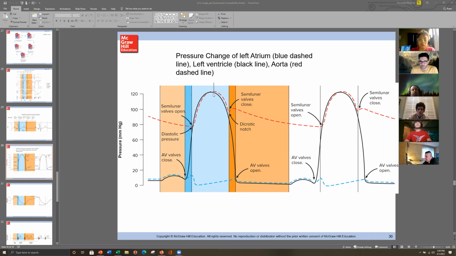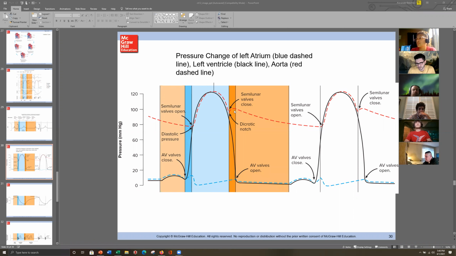So once that threshold gets to what we would determine our peak systolic pressure, right? So when you guys measure your blood pressure, that's what we're measuring. We end up having that ventricle relax, and again, a lot of that is determined based on nervous system input and how much force the ventricles are able to produce. But eventually, those muscles are going to fatigue; they're going to relax, right? So then the pressure begins to drop. Semilunar valves close. Second heart sound